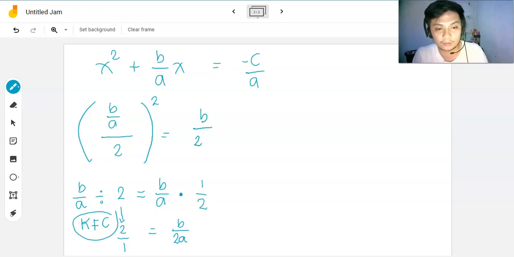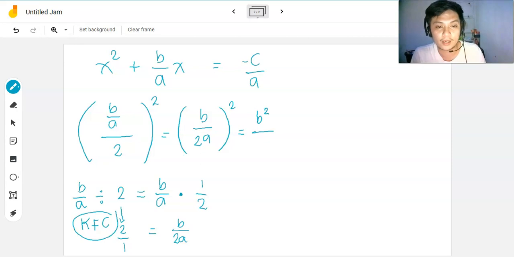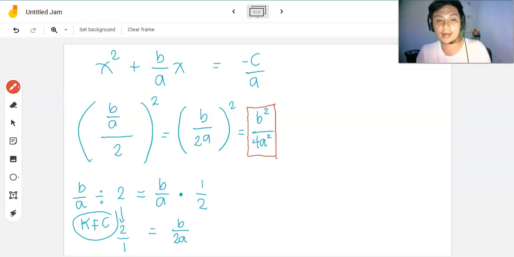b over 2a. And do not forget, we still have to enclose this in a pair of parentheses kasi meron pang exponentiation na gagawin. Okay? So, we have to square, or we will apply here, power of a quotient to distribute the exponent 2 to each member of the fraction. So, b raised to 2 and then 2a quantity squared. So, you have b squared over 2a raised to 2, or 2a quantity squared will become 4a squared. Ibig lang sabihin yan, ito nakuha nating b squared over 4a squared, ang idadagdag natin sa kaliwa at sa kanan